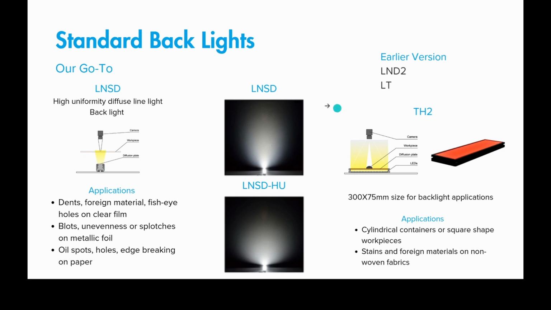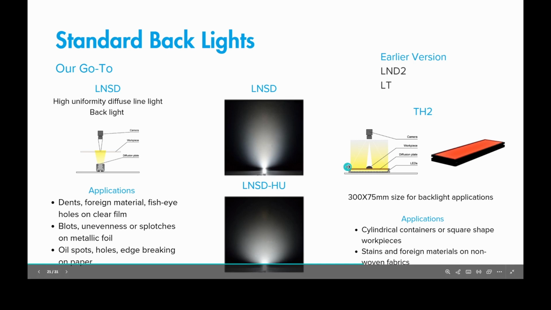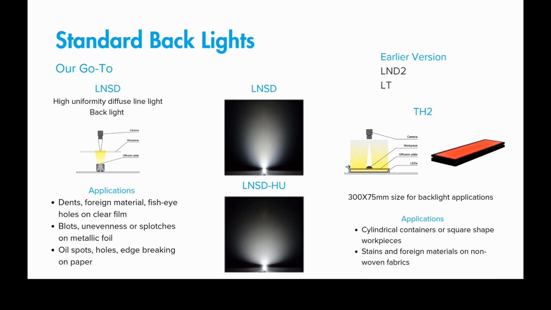There are two types of the LNSD. There's the standard one and the LNSD HU. The HU has a wider emitting angle, and that means high uniformity. Because the LEDs emit at a wider angle, they are more uniform, but they are less intense. But when you're using it as a backlight, usually intensity is not the problem because the LEDs are shining straight into the camera. So if you have a sample where you need a very uniform light, maybe if you're looking at clear glass, something like that, the high uniformity would work. Or if you test the LNSD and it's just not quite uniform enough,